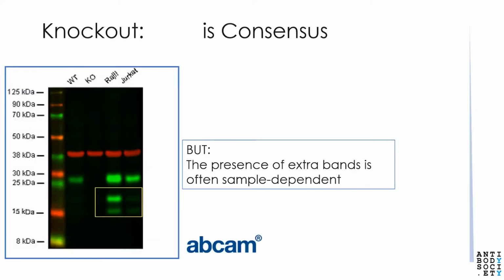First of all, knockout. I think there is consensus among scientists and also in the industry that knockout is the gold standard. Knockout means that you target the disruption of DNA encoding the intended target, so you obtain very, very clear negative controls. On this Western blot from the AbCam catalog, you can see in the left lane protein from